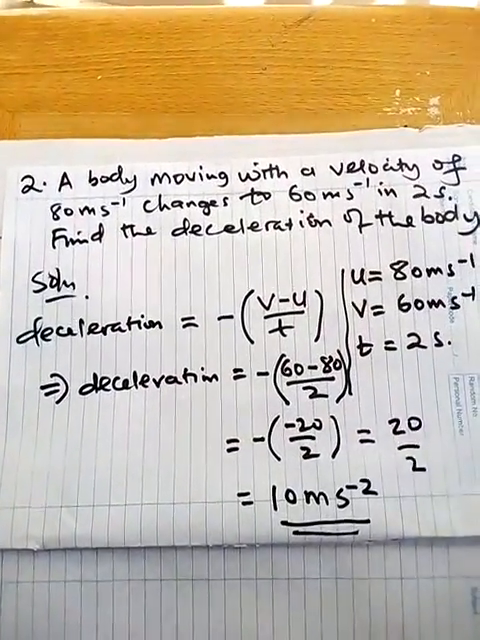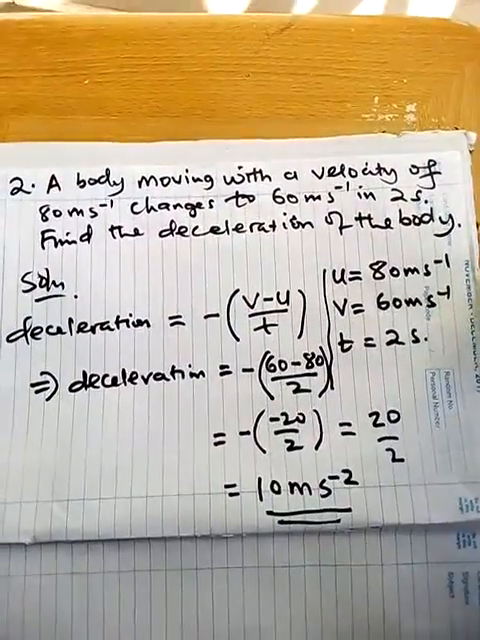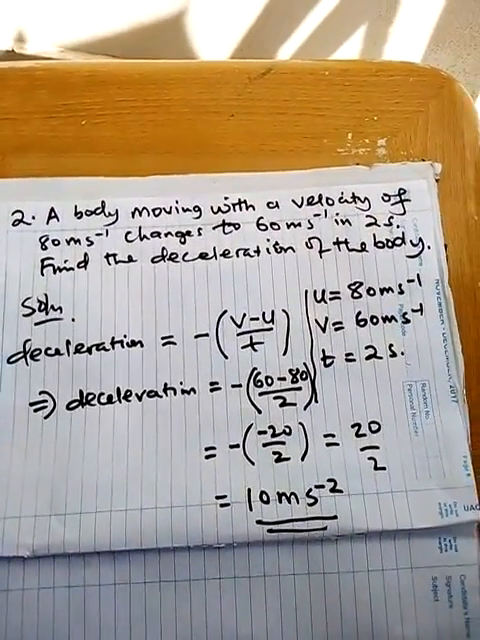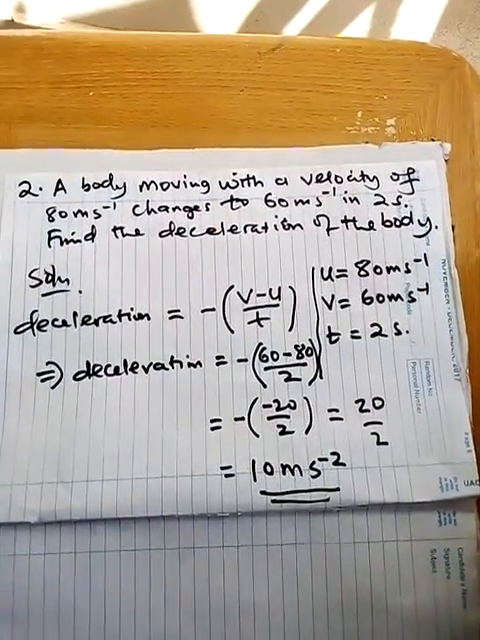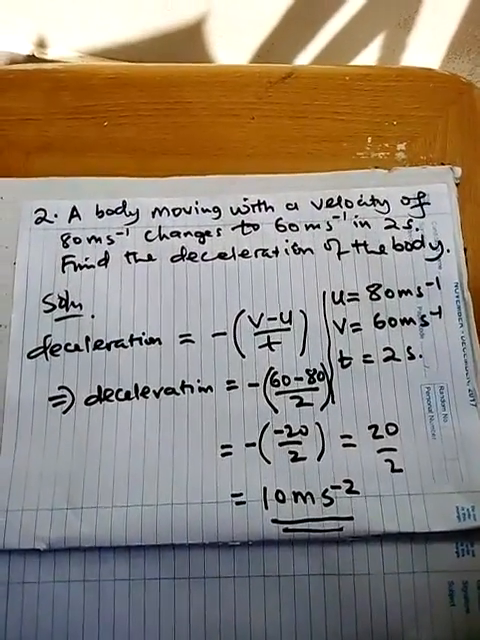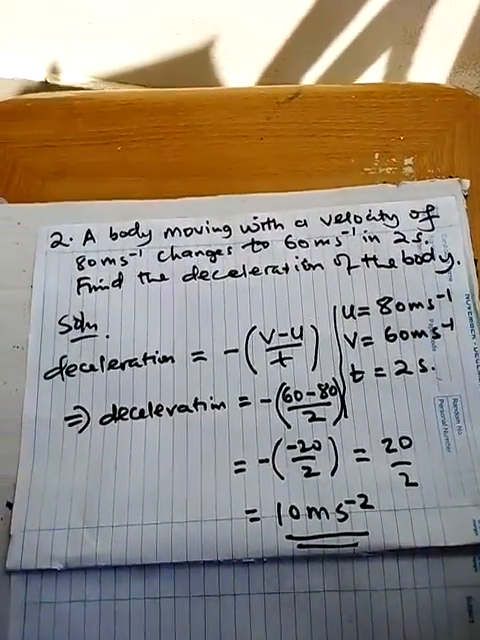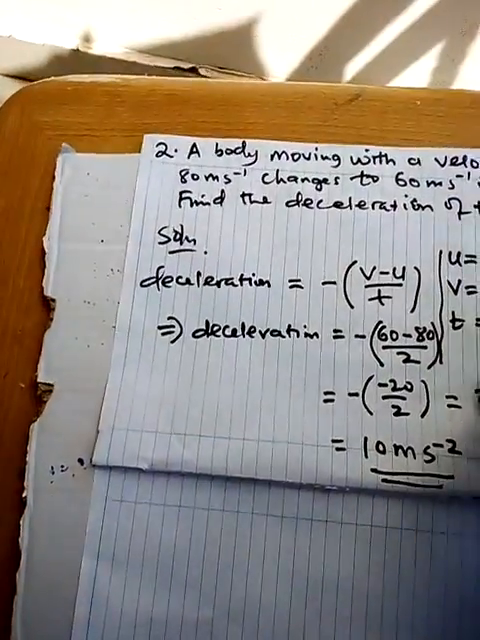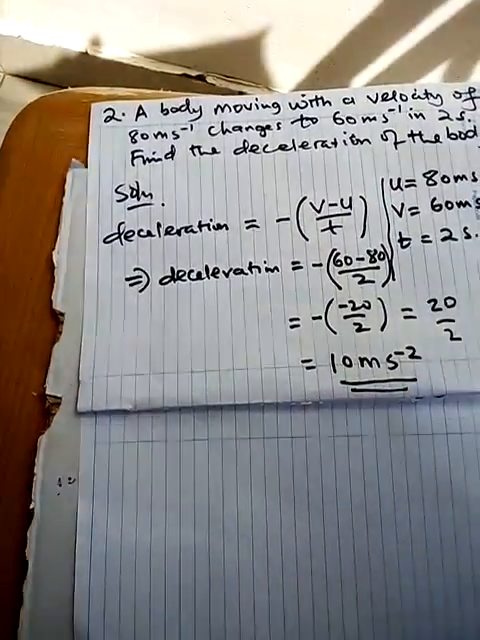When we substituted, we had negative of (60 minus 80) in brackets divided by 2, which gave us negative of negative 20 over 2. And eventually that is positive 20 over 2, which gives us a positive 10 meters per second squared. By the way, when you are writing retardation, it means our answer is meant to be positive according to the expression. Remember, retardation is a negative acceleration, and acceleration is known to be v minus u divided by